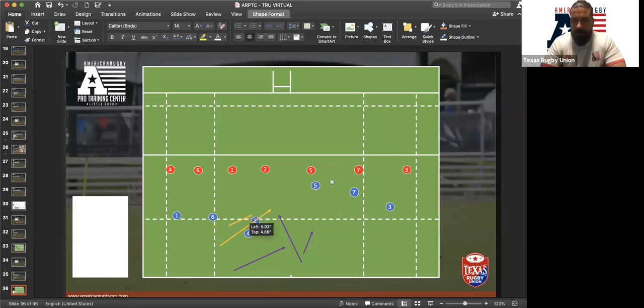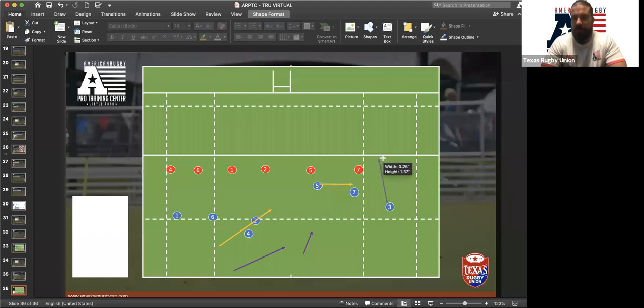So what that looks like is 5 gets the ball, they'll hit 7 flat, and the 3 will run a hard line, targeting the 7. So the 7 then has to make a decision. The 5 will then loop around and come through this gap here. And so that's a combination of the loop and also the unders line.